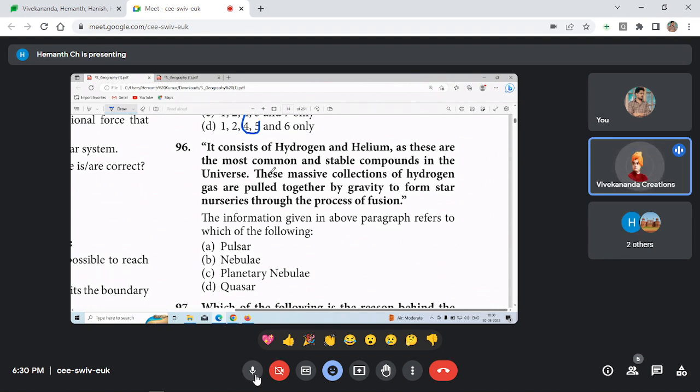Hydrogen and helium are considered the most common and stable components in the universe. Massive collections of hydrogen gas are pulled together by gravity to form stars through the process of fusion. In the information given in the above paragraph, which of the following